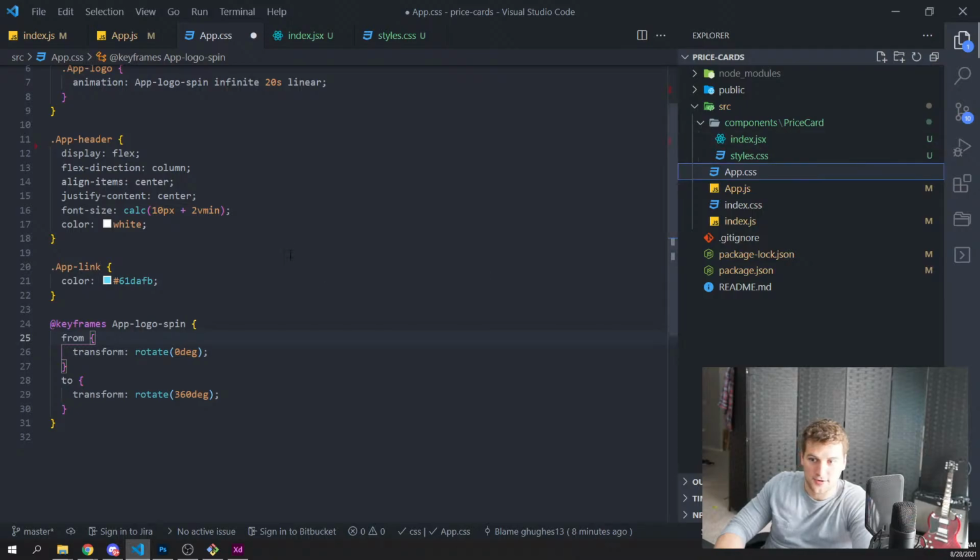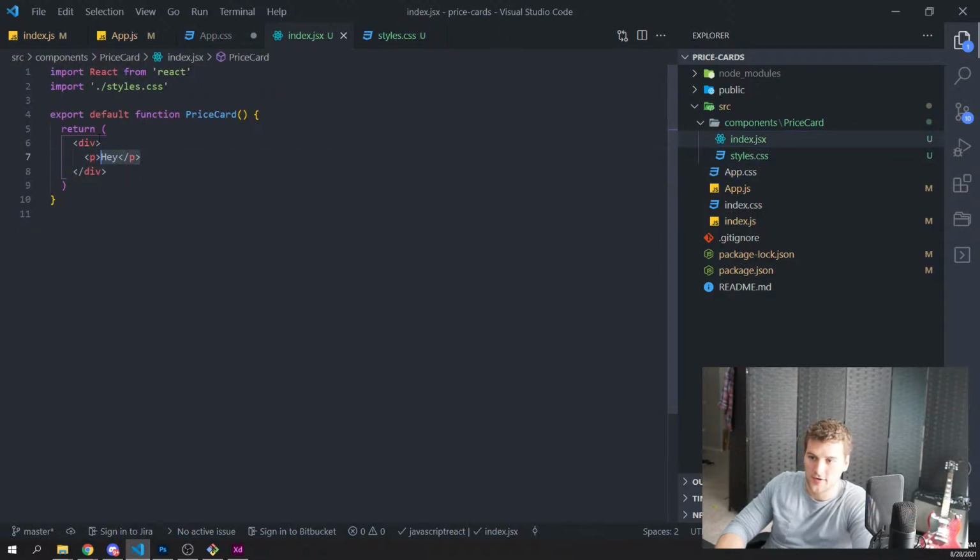Let's start building our cards. So in here, we've got a div with the class name equal to price-card. And then inside there, we want to have an H2, right? And that'll be the tier. Does this need 2 or 1? I'm getting mixed up with Vue. I think it just needs 1, right?